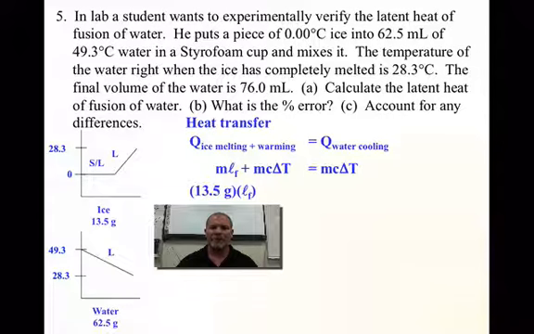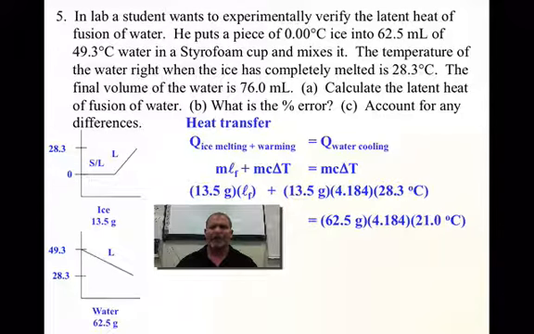I know the mass of the ice. We don't know its latent heat of fusion. When it changed to water, it's at the same mass. We know the specific heat of liquid water, and we know the delta T it went through. That's my ice, which is equal to my water. We know the mass of the water. I have the same specific heat, 4.184 joule, and my water went through 21.0 degrees Celsius, the difference between